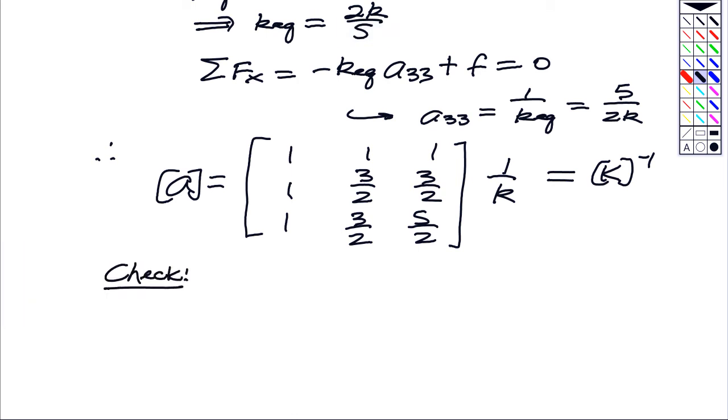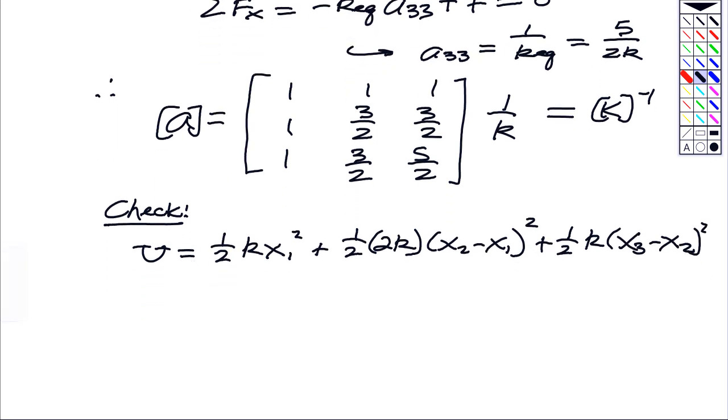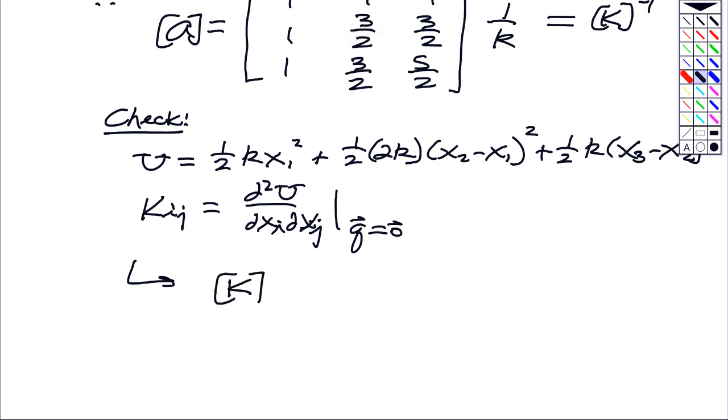What I'm going to do is write down the potential energy. That's going to be 1/2 k x1 squared. That's the first spring. The second spring there between 1 and 2 is 1/2 2k x2 minus x1 squared plus 1/2 k x3 minus x2 squared. And using our relationship we've derived before, the kij is the mixed partial of u with respect to the xi and xj, evaluated at the equilibrium state, will give the stiffness matrix of